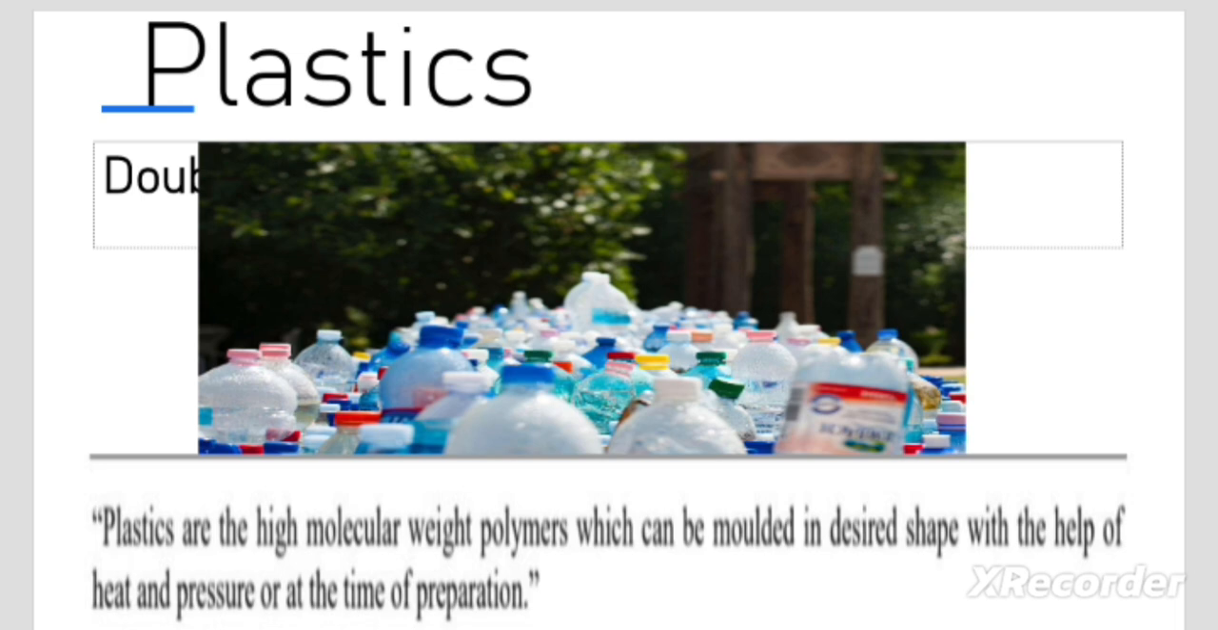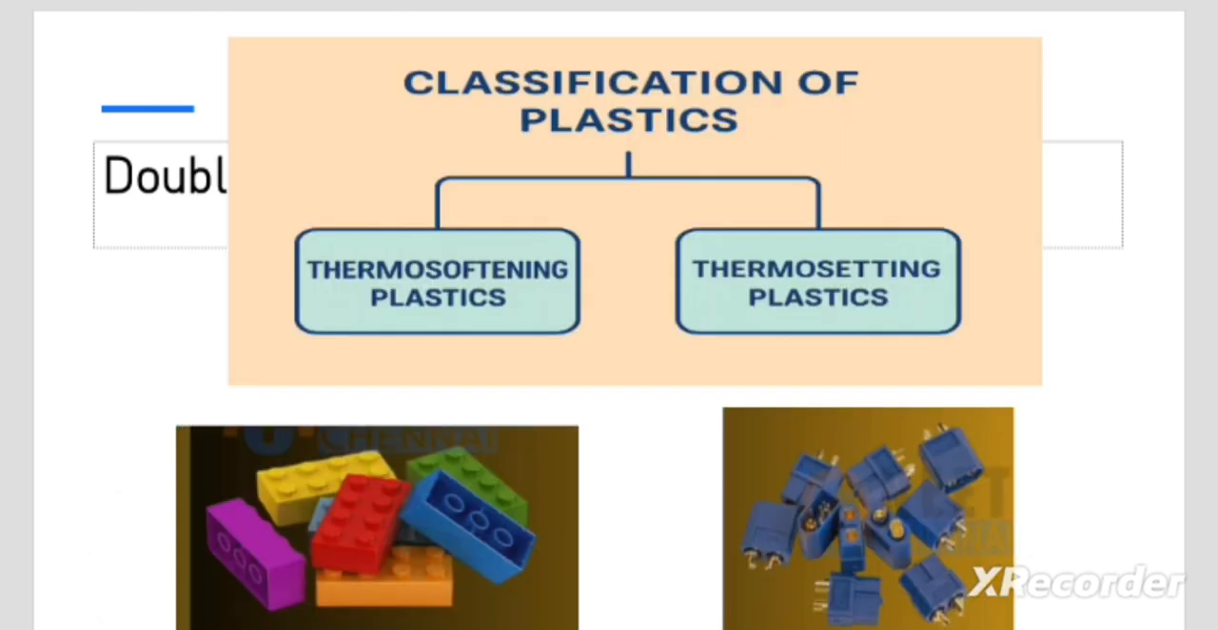In this image, you can see an example of plastic. These plastics are important because they are light in weight, cheap to produce, and can be shaped into anything. So, plastics are high molecular weight polymers which can be molded into a desired shape with the help of heat and pressure or at the time of preparation. So, next we will see